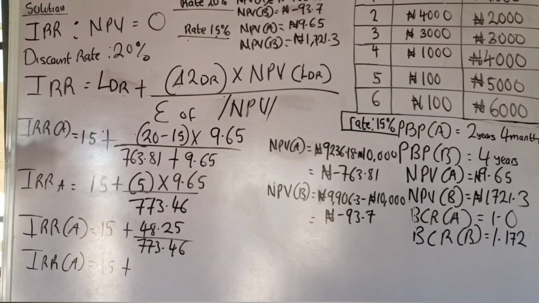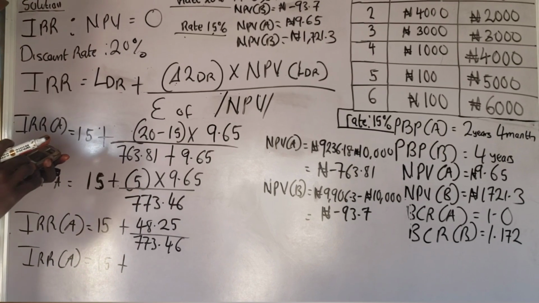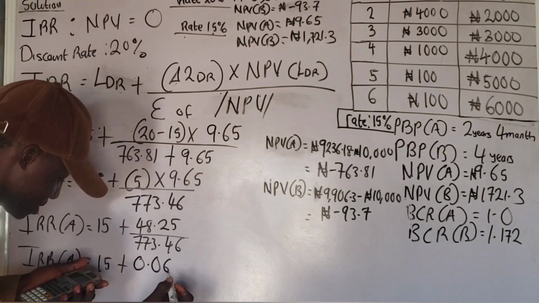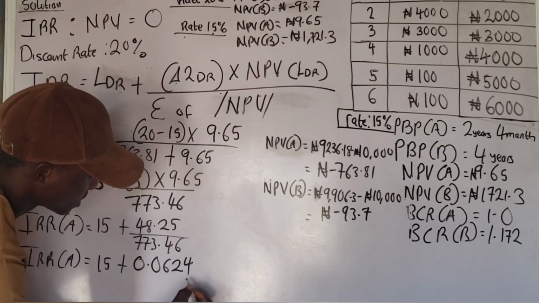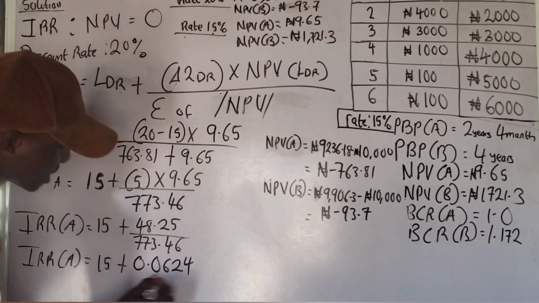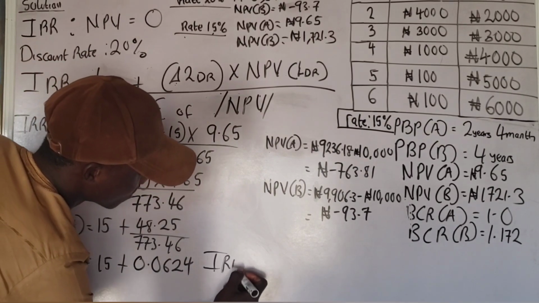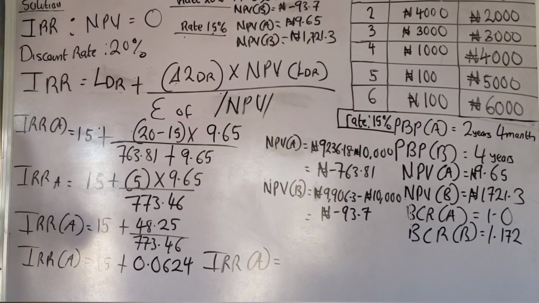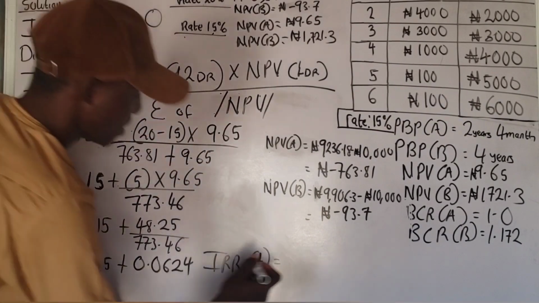That is 0.0624. You understand? So we can add this together. We're going to have IRR for project A equals 15 plus 0.0624. That is 15.0